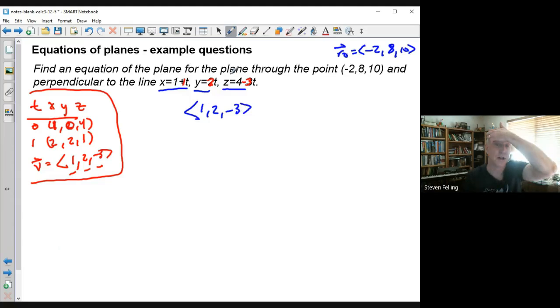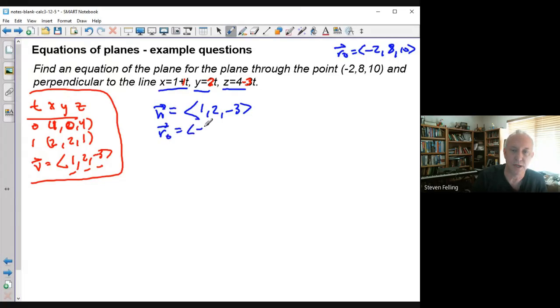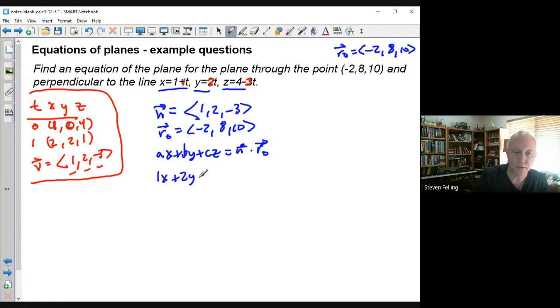And because this line is perpendicular to our plane, that means this line is our normal vector. And our initial vector is to the point -2, 8, 10. So now I can use the standard form, which is ax plus by plus cz equals n dot r0. And then for a, b, c, I'm going to use the values of n here. So it's going to be 1 times x plus 2 times y minus 3 times z equals